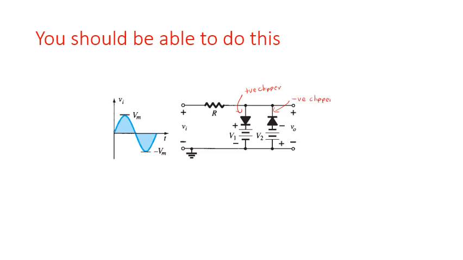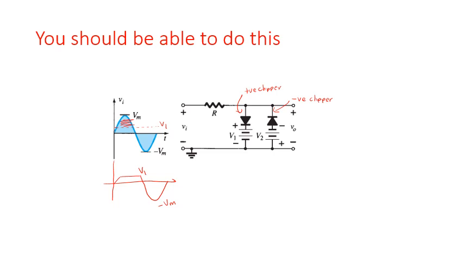So if I've got to draw the waveforms directly, since this is a positive clipper and this is plus V1, I'm going to draw plus V1 over here. So this is V1. It is a positive clipper. It's going to clip everything on the positive side. So what remains in my waveform is going to look something like this. So this is going to go till V1, and then I'm going to have this sine wave below, which is going till minus Vm. And this is my value V1.